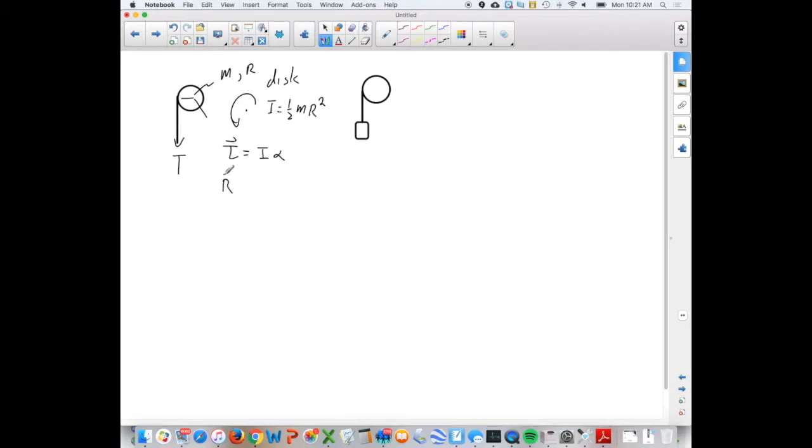Torque is R cross F is equal to I alpha. And in this case, it's just going to look like R times the applied tension, the applied force, is equal to I alpha. And I can rewrite alpha. Remember that alpha is equal to A over R. So I can write RT is I A over R. And we find the acceleration of a point on the string is equal to